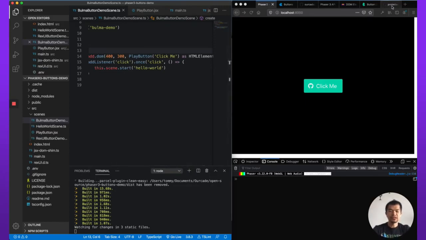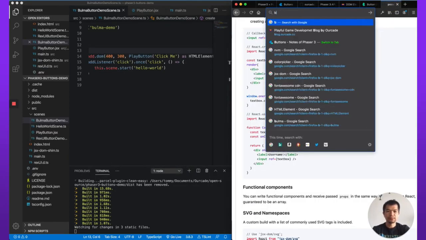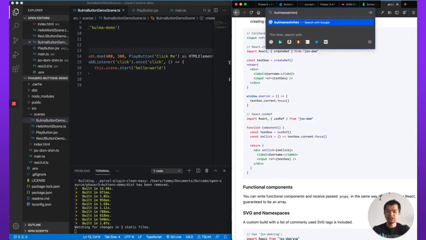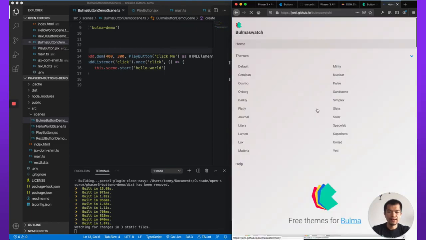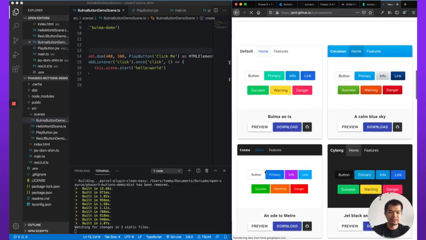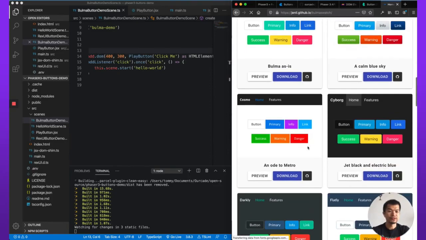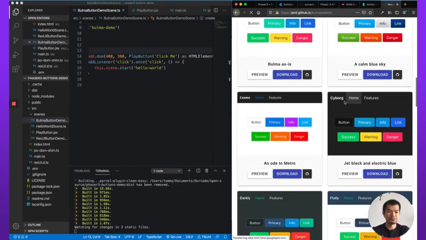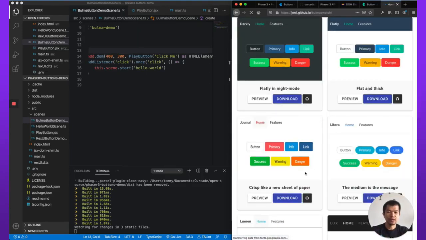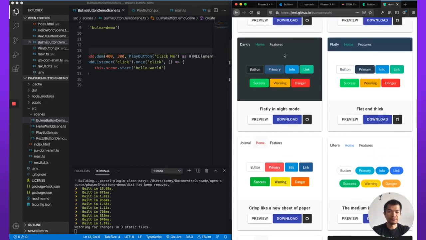So with Bulma, I'll just give you guys, if you're not familiar with Bulma, there's also this open source project called Bulma Swatches that you can very quickly and very easily basically use these different pre-made Bulma themes, right? So there's Cerulean, Cosmo, Cyborg. This gives you like a quick theme for your UI to use. And if you're going to use another CSS framework, something like this might exist. But this is at least my recommended way of using UI, is to leverage the existing HTML/CSS ecosystem of great frameworks and great controls, buttons, tabs, sliders, all kinds of things,